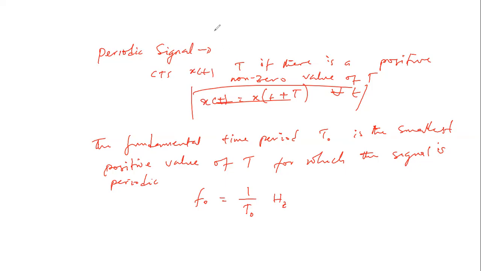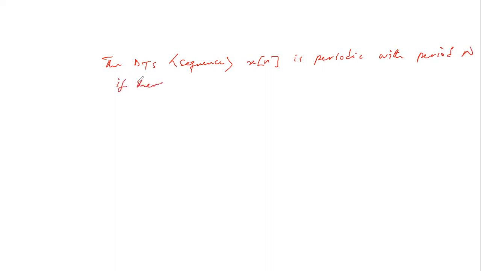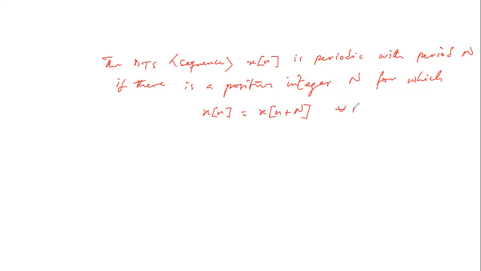Now, in a similar vein, the discrete time signal, or better still, sequence, S of n, is said to be periodic with period N if there is a positive integer N for which S of n is the same as S of n plus N for all values of n,